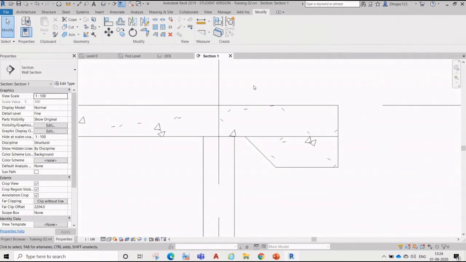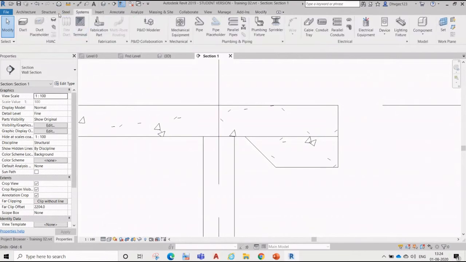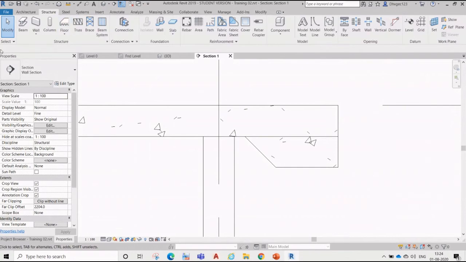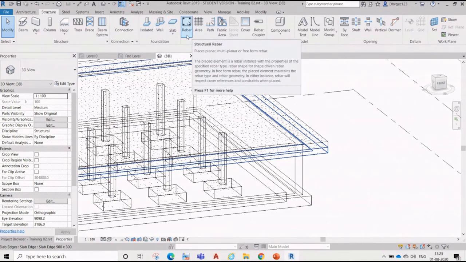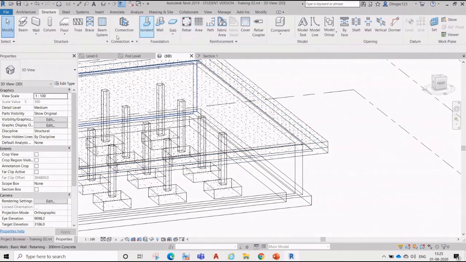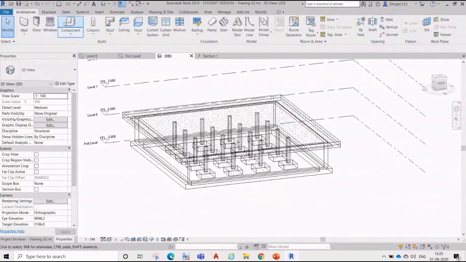Okay, so now we have done slab edging. I think you are all clear about isolated footing, wall foundation and slab, steel beam, concrete beam, wall, column, floors. We have already discussed them. First, we'll finish this one, the reinforcement and steel building. We'll define it later, or we can build over it here.